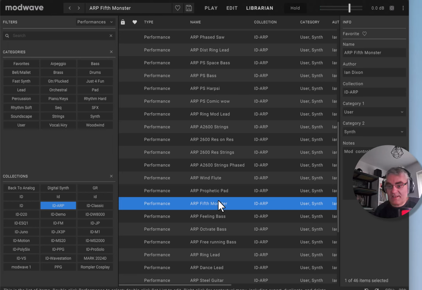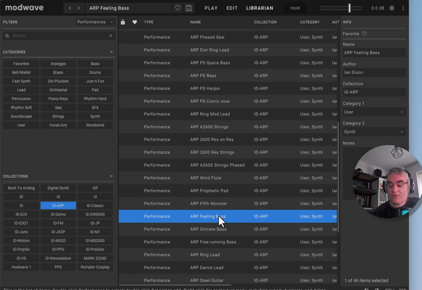Here is a bit of fifth on there, used on Abacab by Tony Banks. Not exactly that sound, but he used that kind of fifth sound on Abacab using the Quadra, the ARP Quadra, and that's what I've used, a bit of fifth separation, and you can use the mod controls to detune it slightly. Now here's one using the motion sequencer